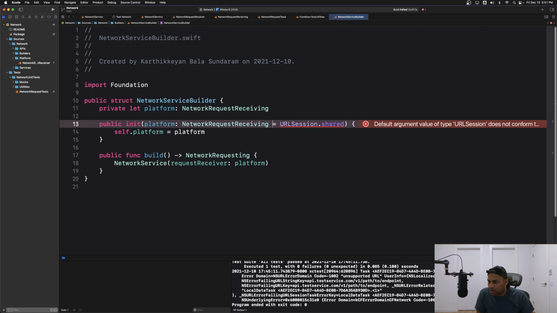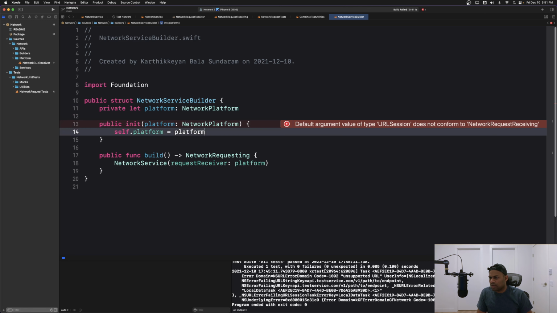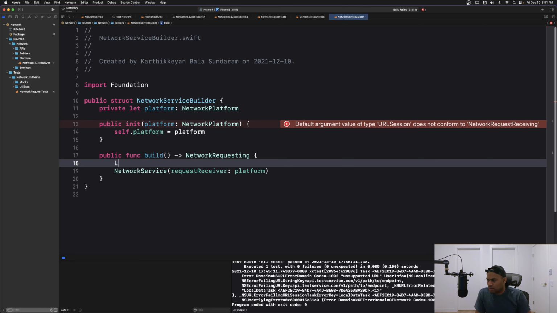So we are going to build a request receiver that is going to create a share. Okay. So instead of that, why don't we just use the networking platform, let receiver